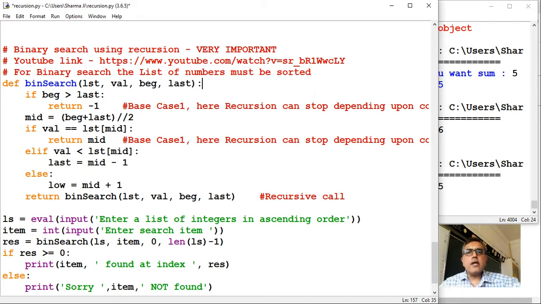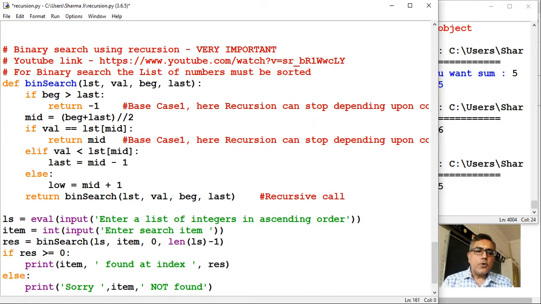So 1 to 8 I will straight away discard, right? Then again from this group I will divide it into two halves and check whether the notebook appears in the first half or second half. So every time I am dividing this group of notebooks into two halves, and then checking whether the notebook which I am searching will fall in the first half or the second half. That is why it is known as binary search.